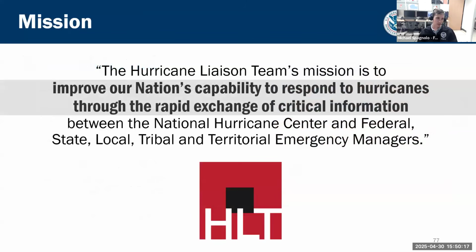So the mission of the HLT is to improve the nation's capability to respond to hurricanes through the rapid exchange of critical information, again, serving as that bridge between the decision makers and the forecasters. The flow of information in the HLT is considered to be a two-way street. While you typically would think that a state emergency manager would want to get information from the forecasters, the Hurricane Center is also receiving information about the decisions being made, especially in the storm surge unit, having awareness of which evacuation orders have been announced. Are they matching up with expectations based on the surge modeling, the P-Surge that the surge unit folks are looking at?